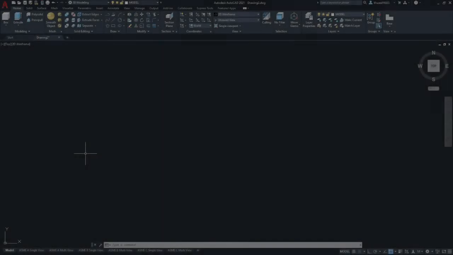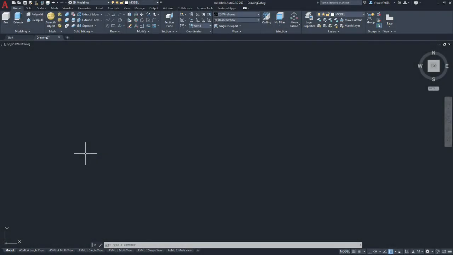Hey everybody, this is Todd Frazee, and we are going to be modeling the stop block, which is on page 681, figure 13.42. In this exercise, we're going to reconfigure the user coordinate system. So I'm not sure if you've done that, but that might be something new for you.